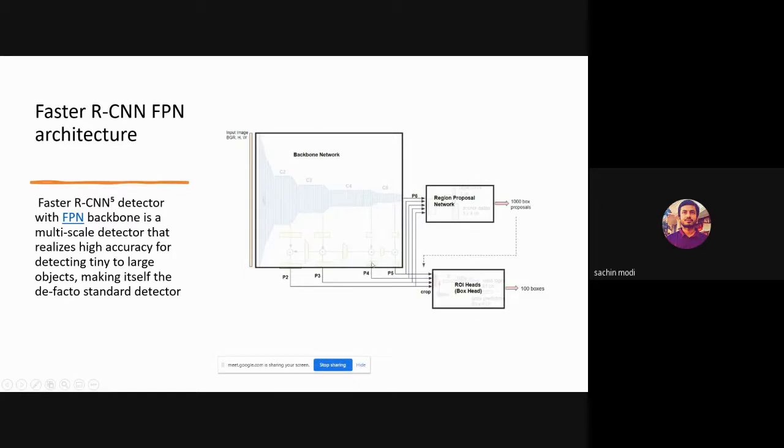Then there is a region proposal network, which gets the region proposals, and then there is an ROI head, which finally outputs the bounding boxes and the classes. And the feature maps are extracted at various stages. You see, there are feature maps from P2, P3, P4, P5 to P6.